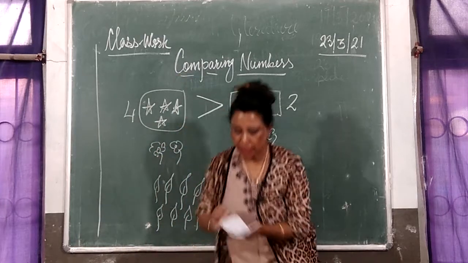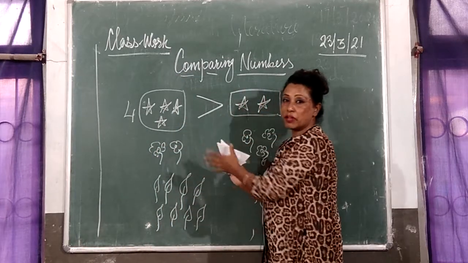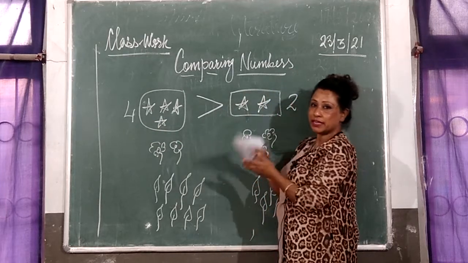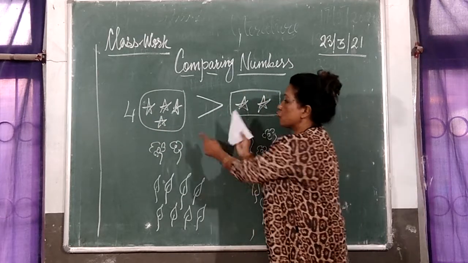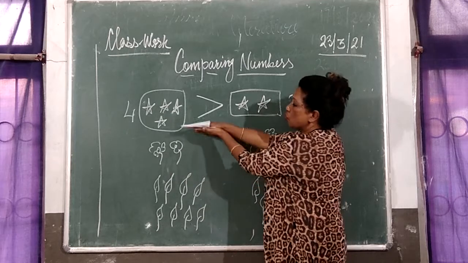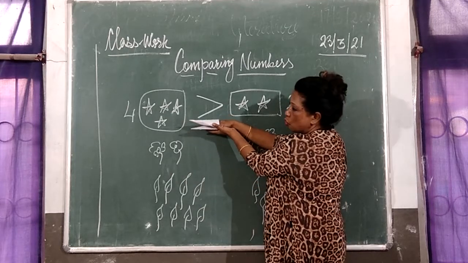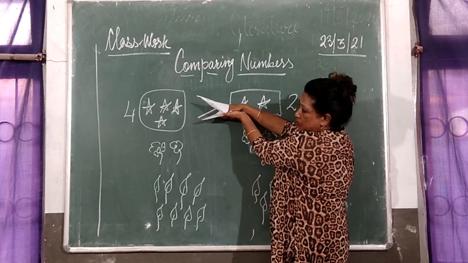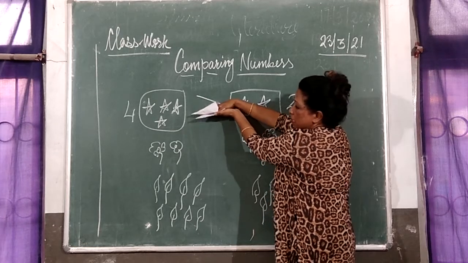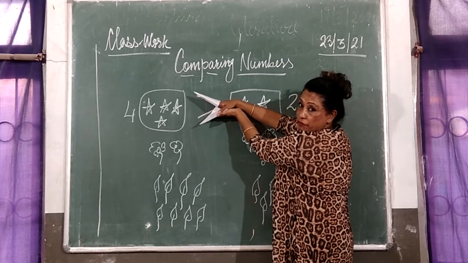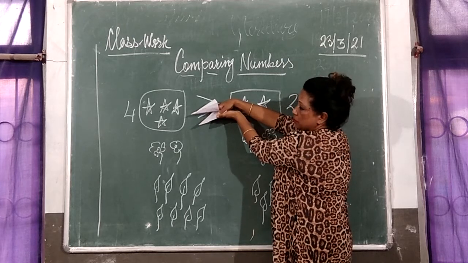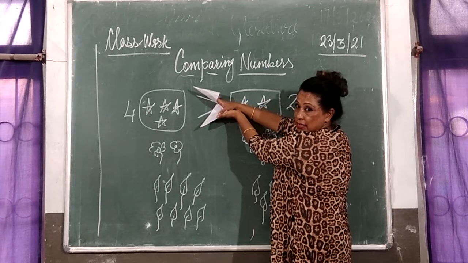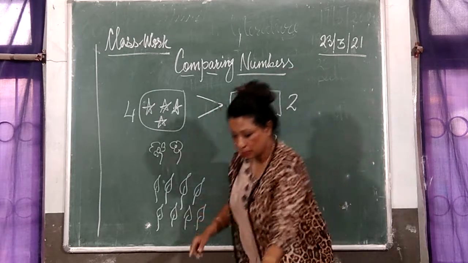Let me keep my beak to this side. So which number is big or which group is big? This 4 is bigger than 2. So where am I going to eat? I'm going to eat from the bigger plate. So the bird is going to open its beak, its mouth, like this. Can you see it? So whichever is the bigger number, you open the beak or open the mouth like this. Okay, so this symbol